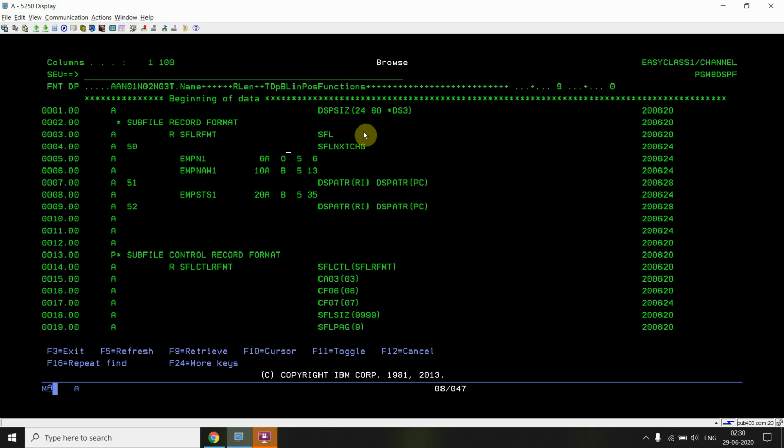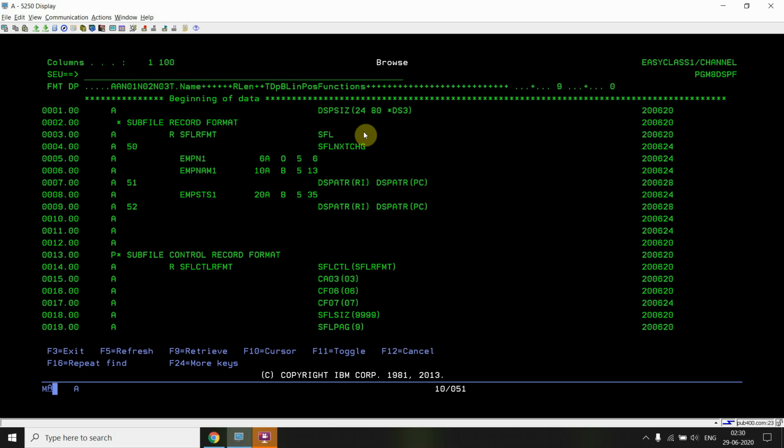If you don't know about this, you can't do the validation things, because in that scenario you have to first do the validation, then you have to read the file again, so that you could update the files based on the changed records. Okay, now you can see that I have three fields: employee number, employee name, employee status. The first one is an output field, and the second and third are both fields, meaning input and output both. So we will edit these two fields only, employee name and status. The employee number will not be editable.